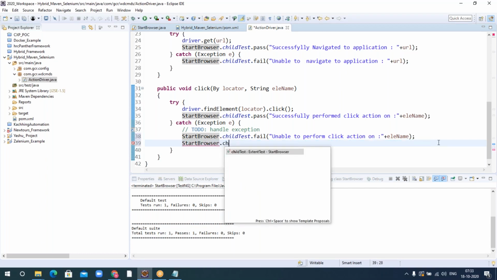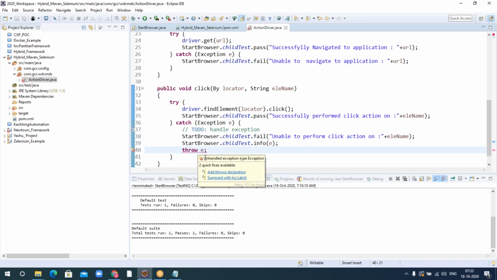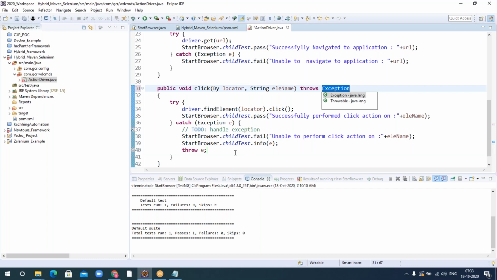So child test dot info, and what is that? The exception. Whatever exception I caught, I'll write it here and show the exception. If that particular element is not visible, I don't want to go ahead. I want to fail my test. Then you need to use throw exception.